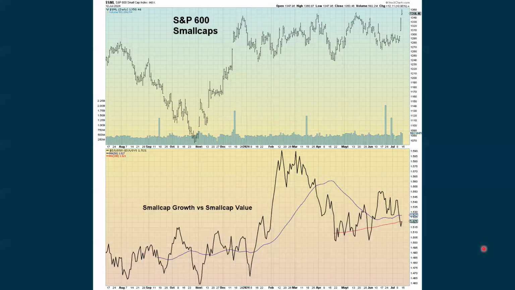Then we break it down according to the small caps. We're not seeing a lot of strength here. The small caps are showing a little bit of an improvement, and I have the index up here on top. Are we starting to finally break out above this range that we've been in during 2024? We still need to see more follow through to really be able to determine that. But when we look at the growth to value ratio for the small caps down here, not really showing any strength at this time.